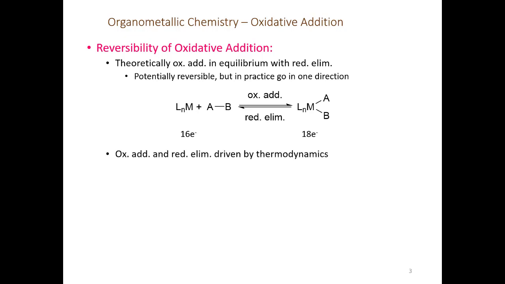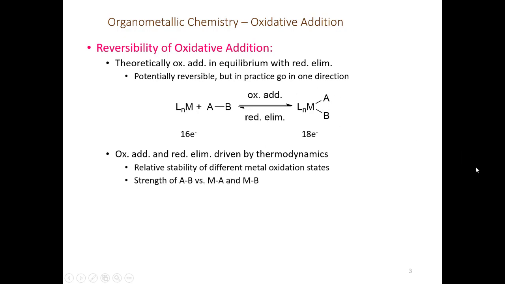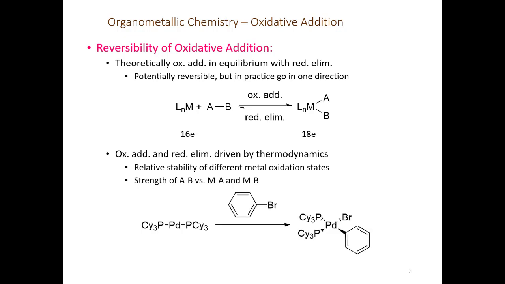And what actually drives the direction of these reactions is thermodynamics. So that's the relative stability of the different metal oxidation states in your starting complex and your product. It also depends on the strength of the AB bond versus the MA and MB bonds that are formed during oxidative addition. And shown here is an example where you have a palladium 0 complex that is 2-coordinate right here,